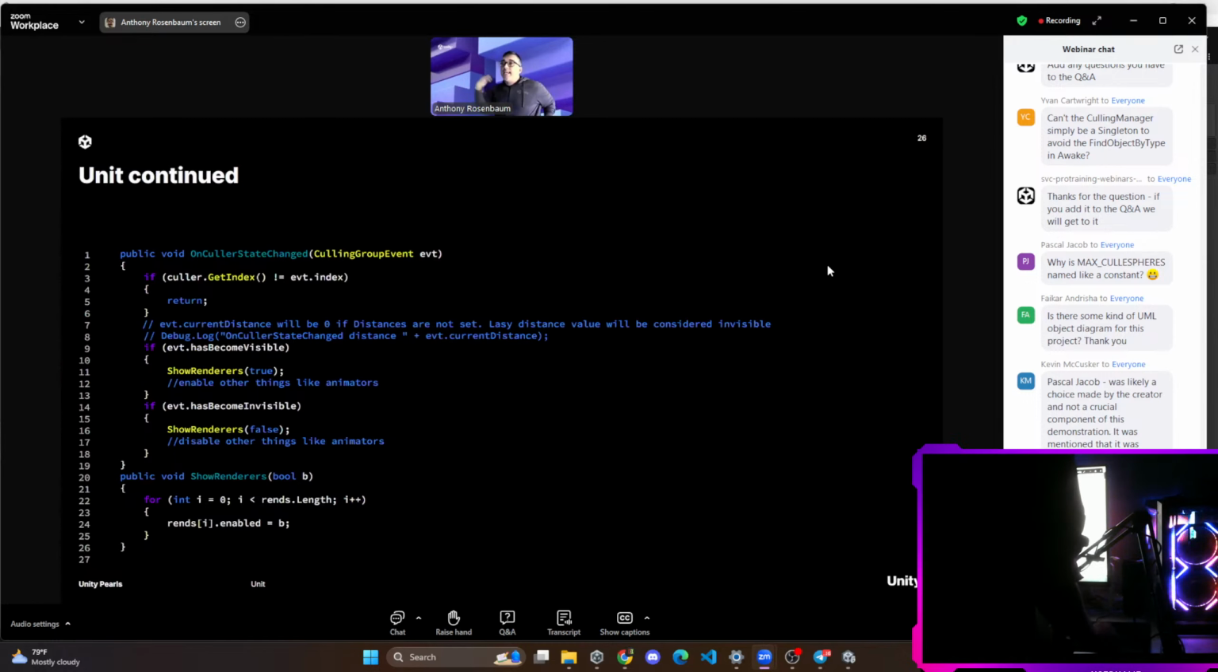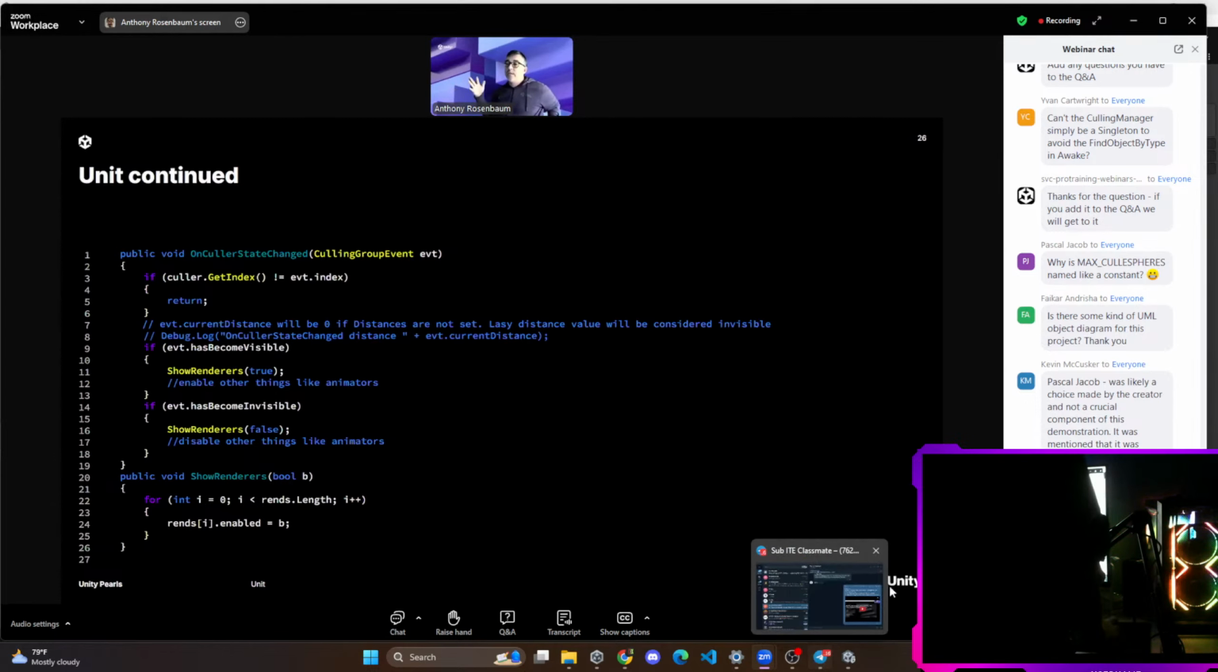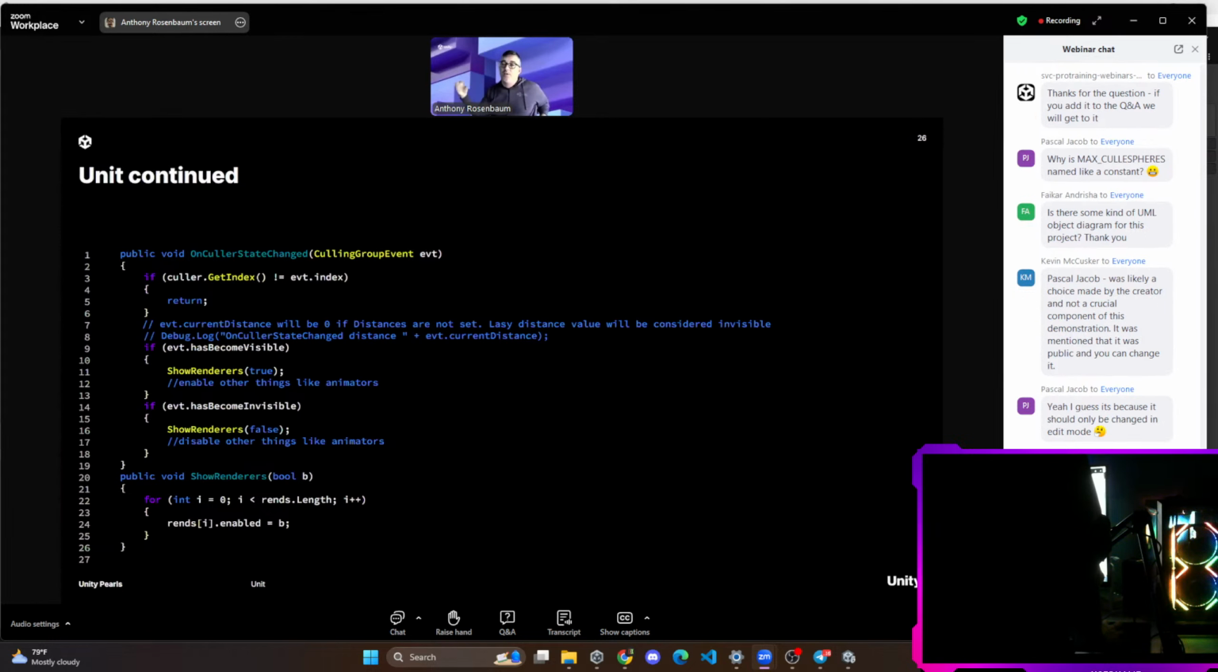When any of the bounding spheres change, all of them are going to receive a message in the form of a CullingGroup event. That CullingGroup event is going to have the index of the particular object that is actually changed, that's associated with this event. This is why we want to keep track of that index. So what we do is we look at the event's index, we make sure